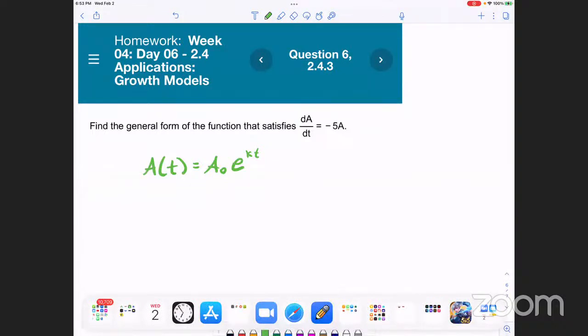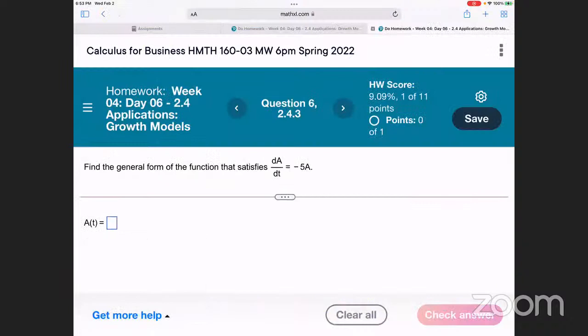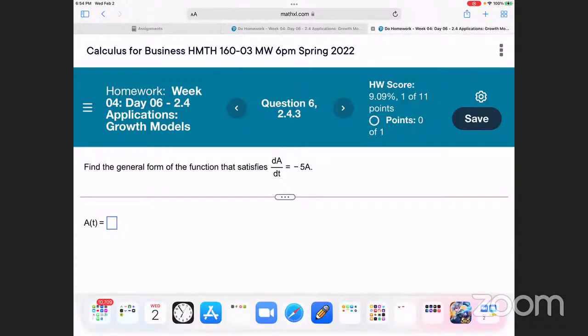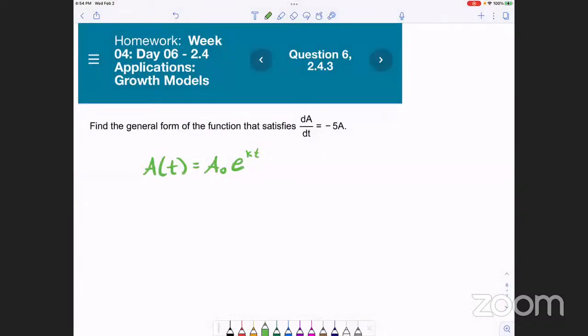Let me hop over here. Oh, we don't have that? Okay. I'm tempted to pull up the notes from this, because I know I have it in the notes. A of t, right? We're not doing integrals. And I think that that -5 might be our k. If we make k -5, right? Okay, so then at that point, do we get another point or anything? We could say -5 e to the -5t. I think,